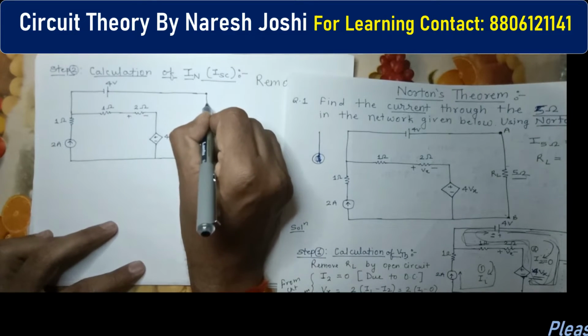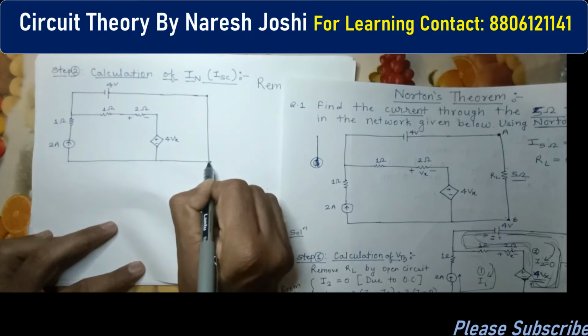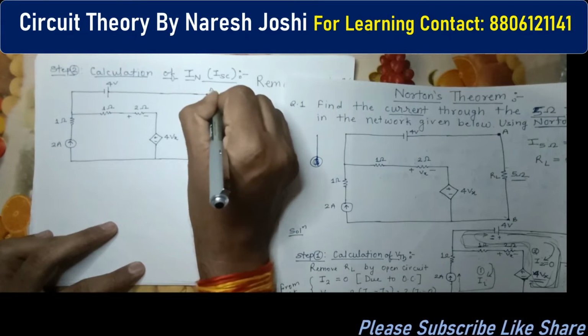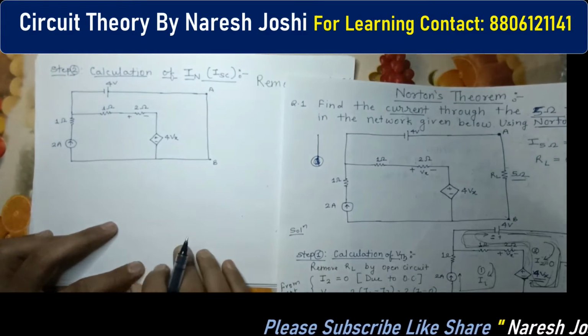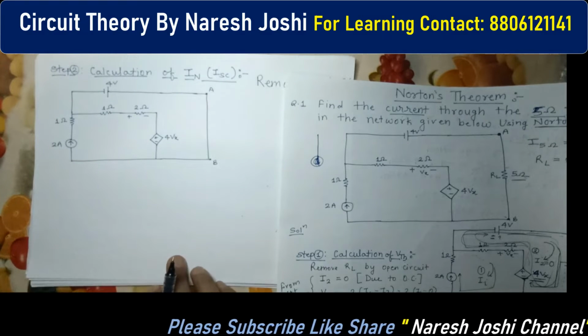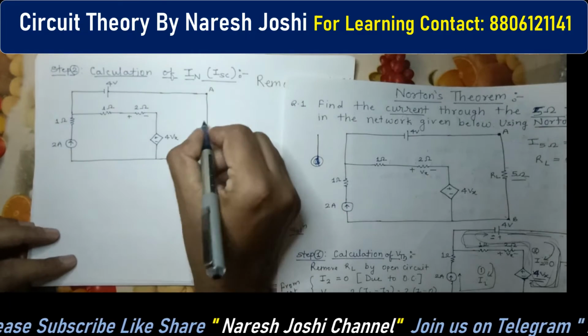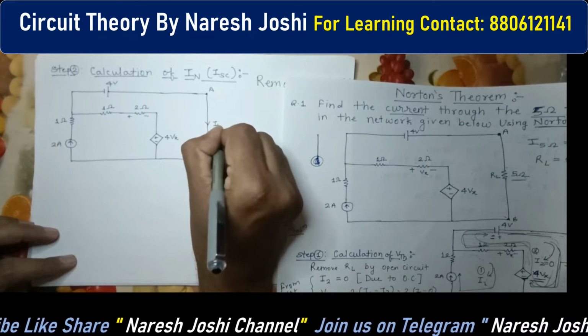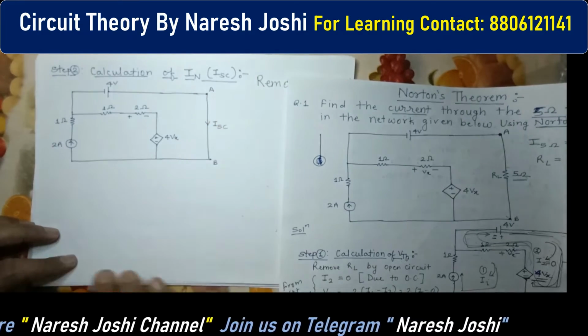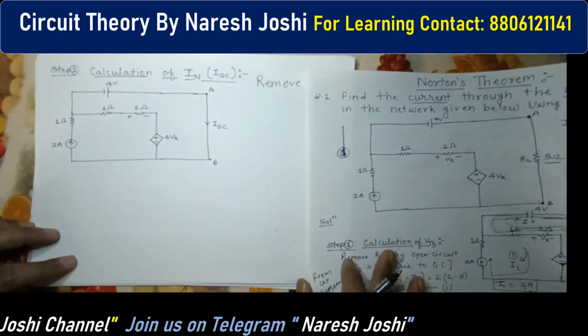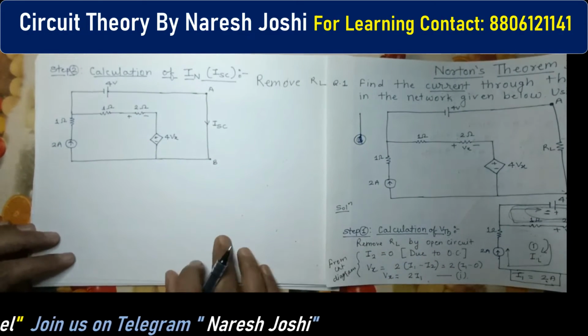So we have to draw this short circuit path. Okay, and this is our terminal A and B. To save our time, we have already drawn this diagram. Clear? So this is the I. Here we can mention this is the ISC. Okay, so this is our ISC. So now further we have to solve the equation.